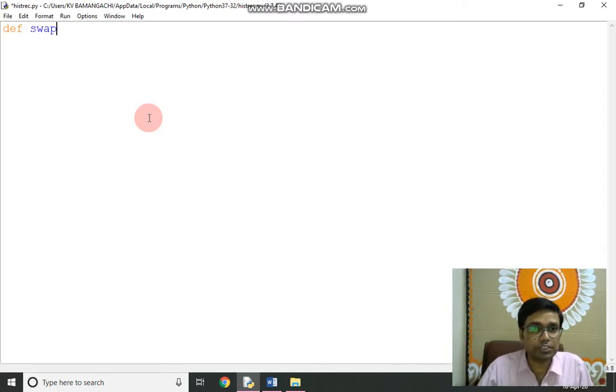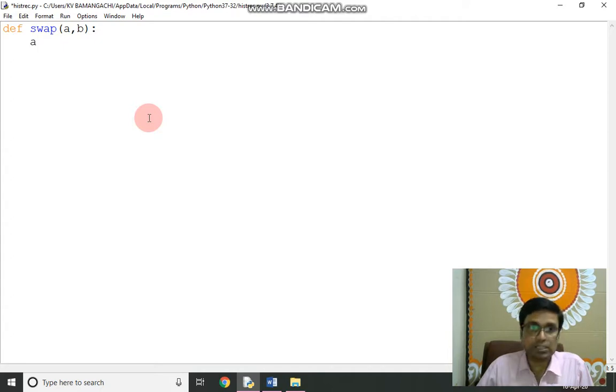Swap is the function name, and the function sign is small brackets, and I will write a comma b here. a and b are the arguments or parameters of the function, and the swap function is now defined.